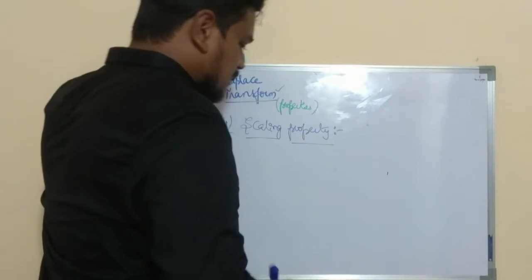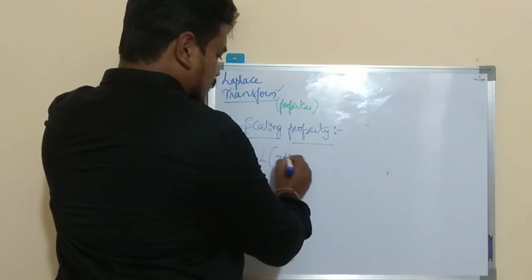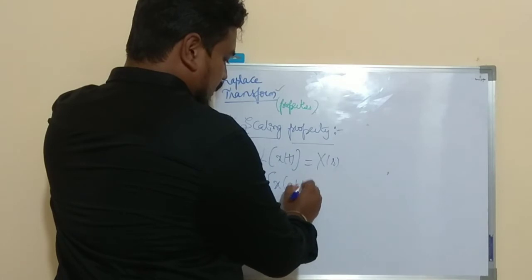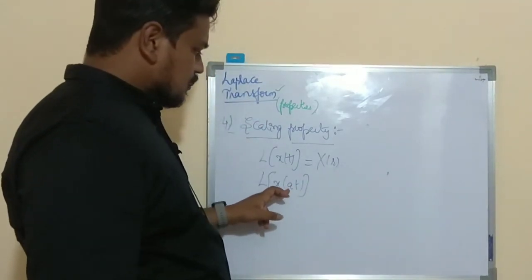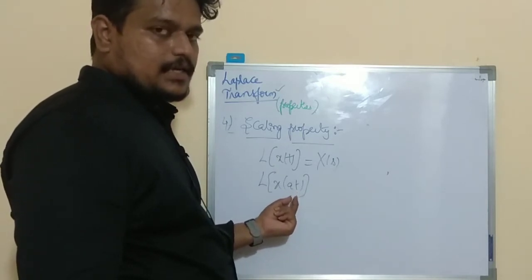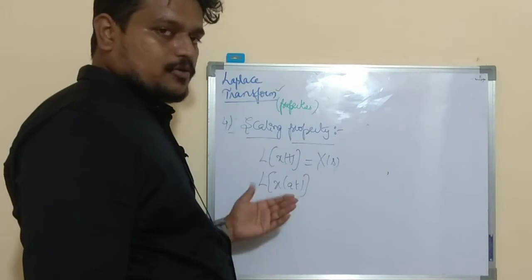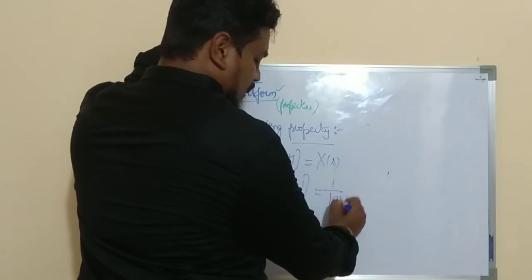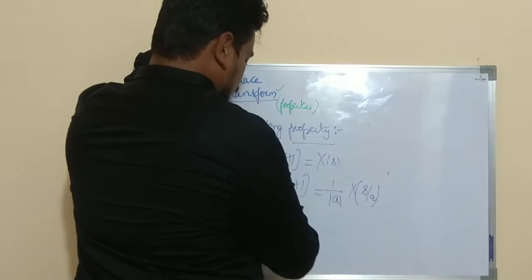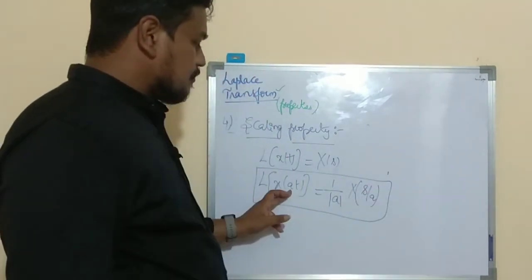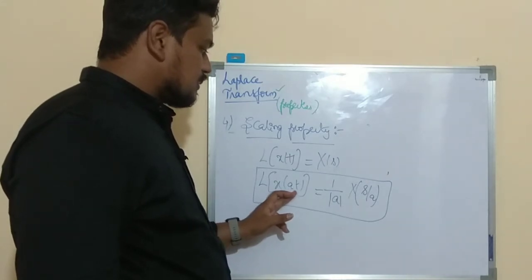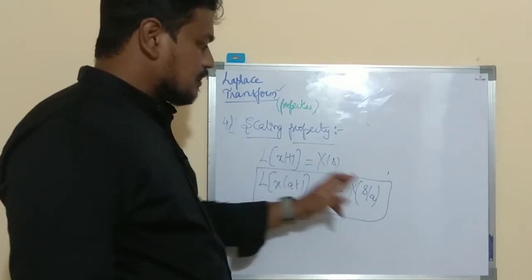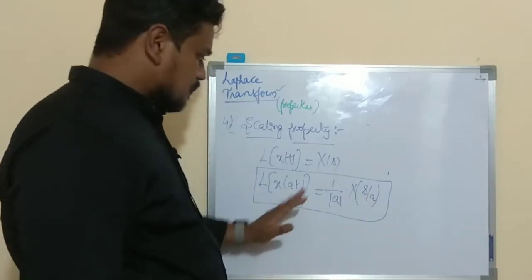Scaling property means that if the Laplace transform of x(t) is X(s), then the Laplace transform of x(at), the scaled version where the scaling factor is some a units, and a is a constant, which can be a negative or positive value, is equal to 1/|a| times X(s/a). Even if a is a negative value, since you have a modulus operation here, this becomes positive, while inside X(s/a) it stays negative. So you have to remember this.